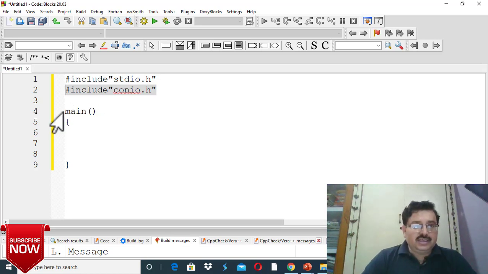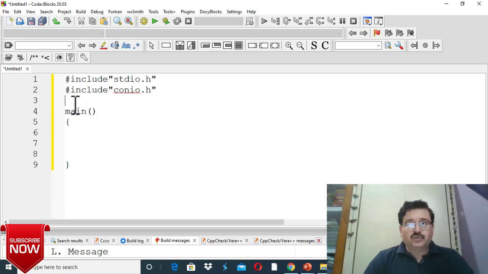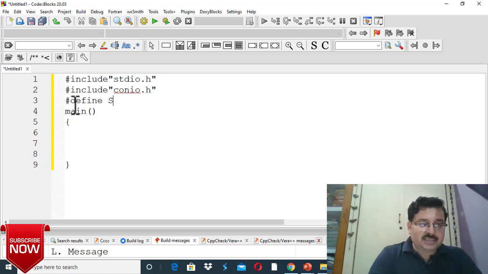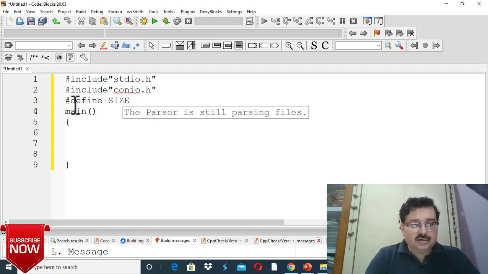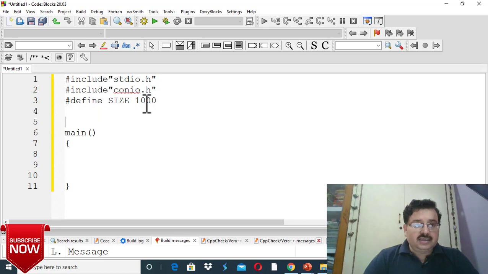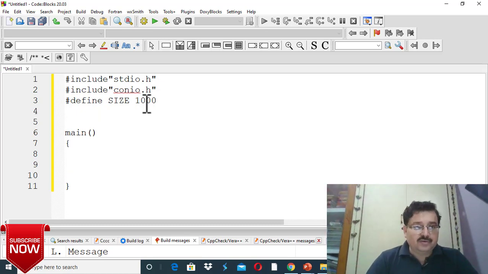So now first we have to take an array in which we will search an element. First of all, I am globally declaring the size. Suppose I am taking a variable size of whatever size I want, suppose a maximum of 1000. Whatever you require you can give the size here, and this is the static size of the array. We cannot change it after creating the exe file of this code.